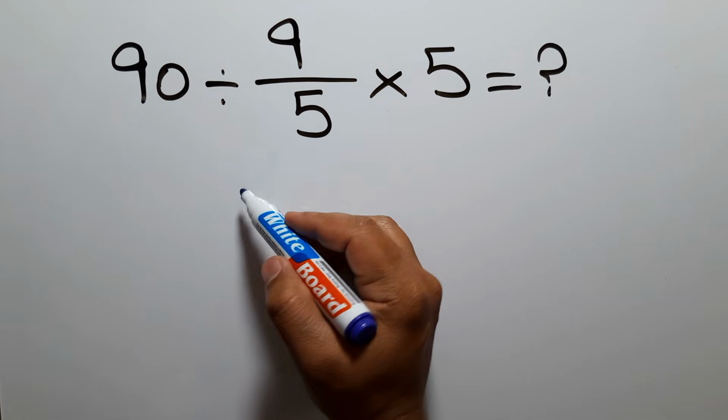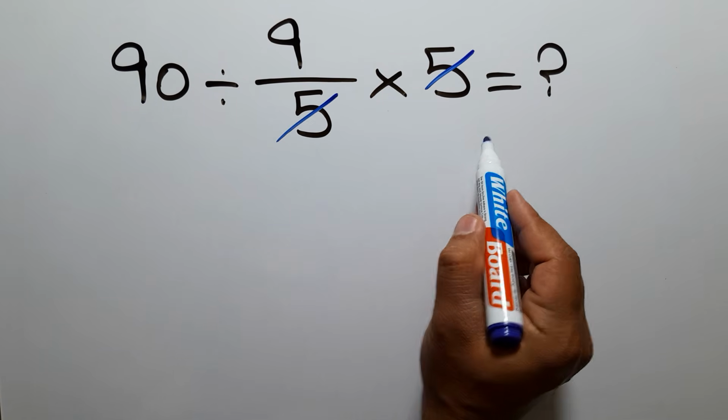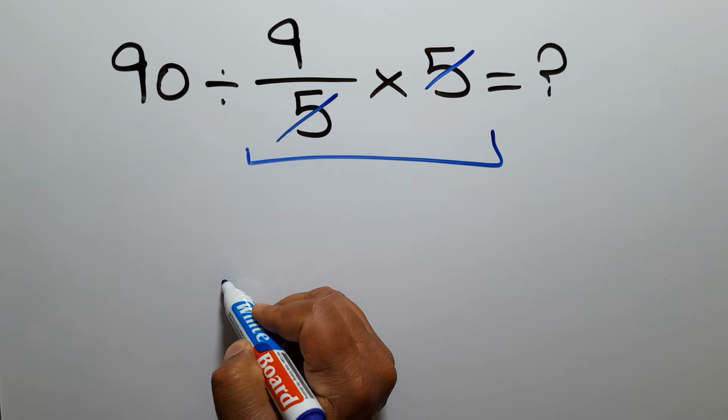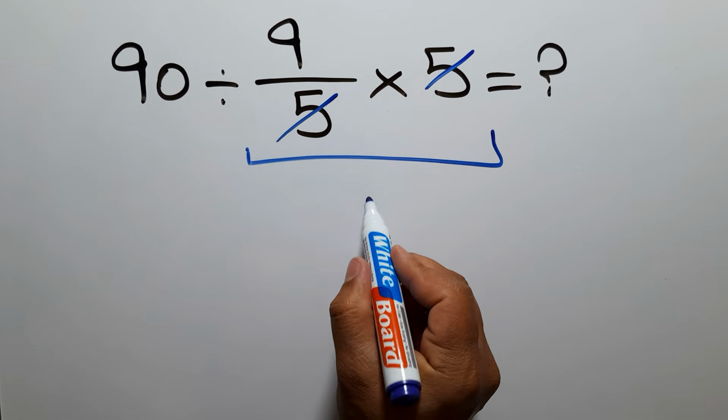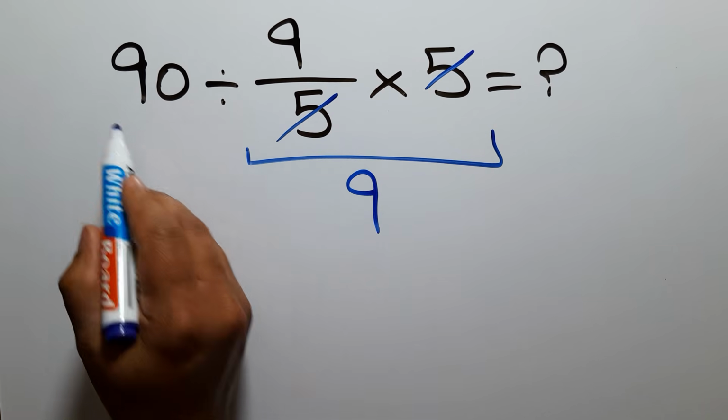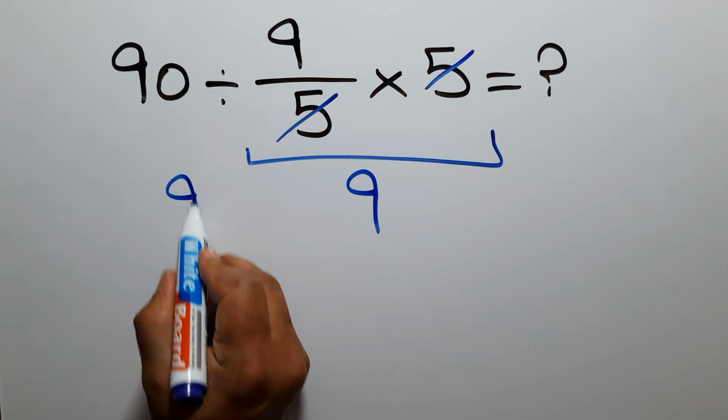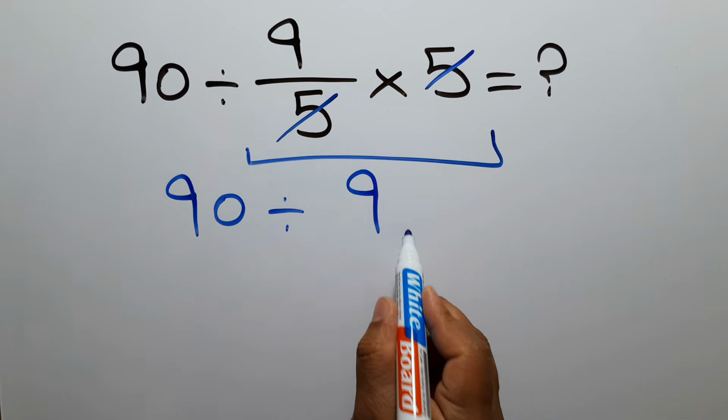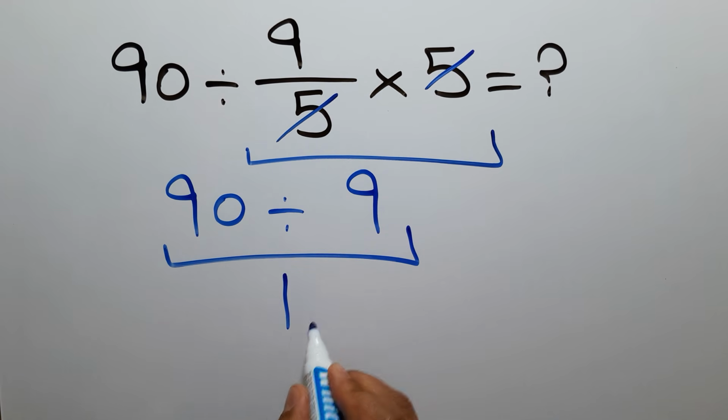Here we can easily cancel this 5 and this 5. So here we have just 9. And 90 divided by 9 gives us 10. But this answer is not correct,